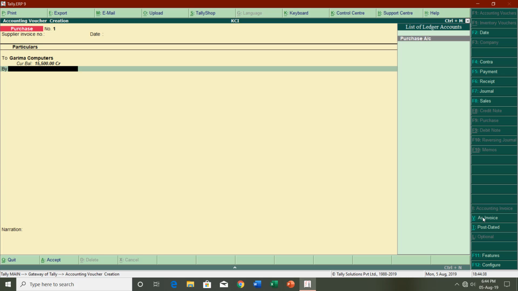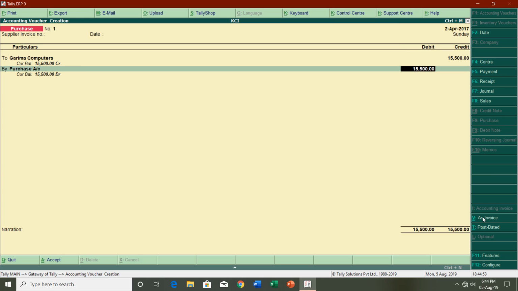So that is the advantage of Tally ERP 9, that it automatically filters the ledger accounts according to the voucher type. As you are entering a purchase voucher, you are only seeing the purchase ledger account in the buy side. So here I enter the purchase account. There is another difference of entering a purchase as invoice or as voucher. As I am entering this purchase as voucher, you have to calculate the taxes and reduce them from the